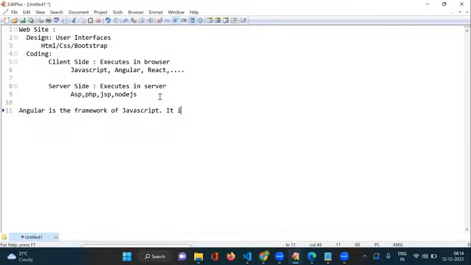So it is client side. Yeah, JavaScript, Angular, all these come under client side scripts. For example, if you take Java technology, to work with Java we have different frameworks, like Spring and Hibernate. Frameworks simplify the logic of the technology and provide more enhanced